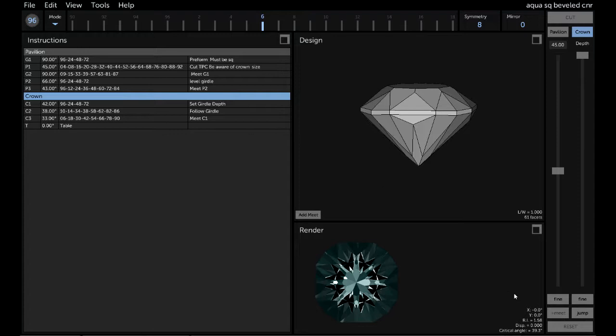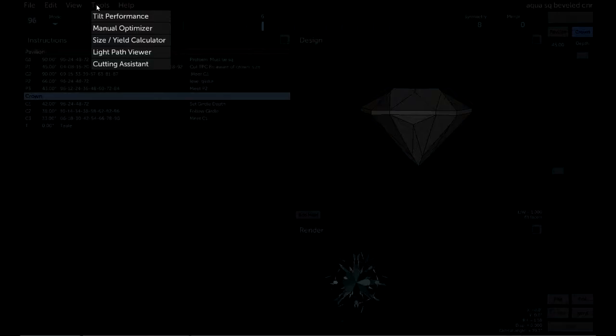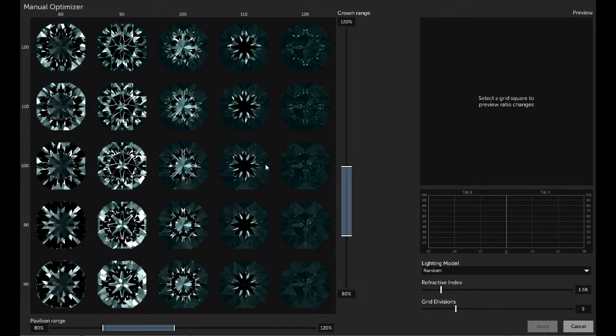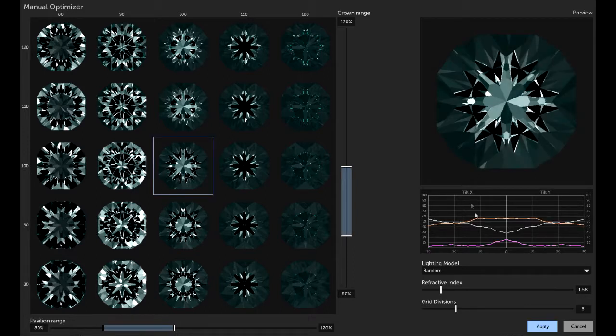So I'm not going to touch the refractive index, so we'll just bring up Tools, Manual Optimizer, and this shows us our design as well as other possibilities of tangent ratio angles. At the equivalent of 100% and 100% of our angles, we'll see our original design, and if we select it, we'll see the same tilt window graph that we had in the tilt window tool without the legend,